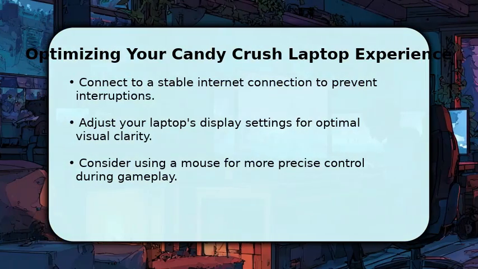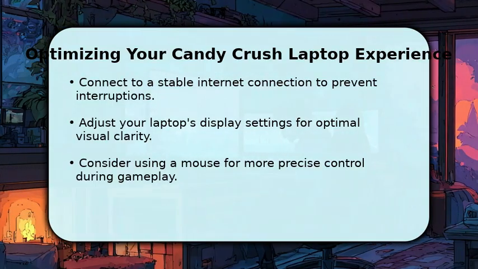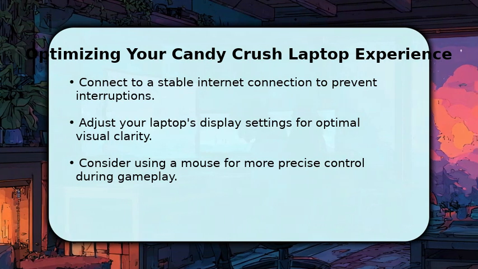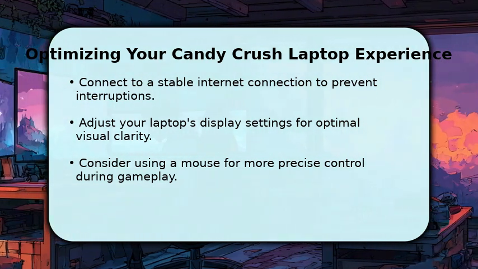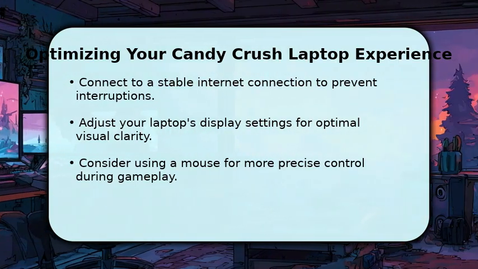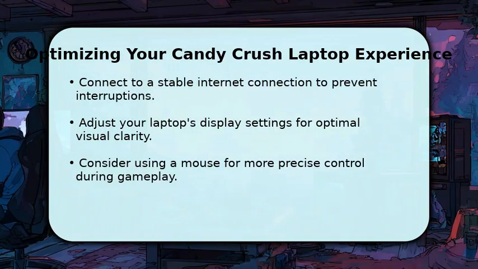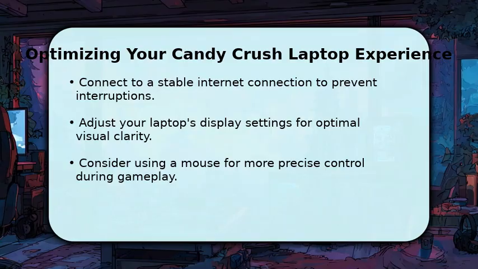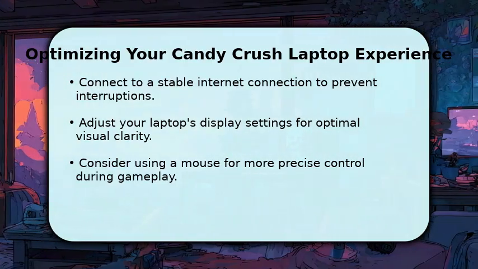To truly optimize your Candy Crush experience on a laptop, a few tips can make a big difference. Always ensure you have a stable internet connection to avoid any interruptions during gameplay. Adjusting your laptop's display settings can also enhance visual clarity, making those colorful candies pop even more. Finally, using a mouse often provides more precise control than a trackpad, helping you make those critical moves with greater